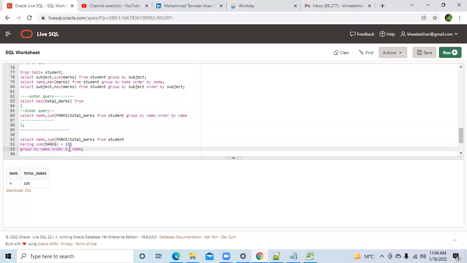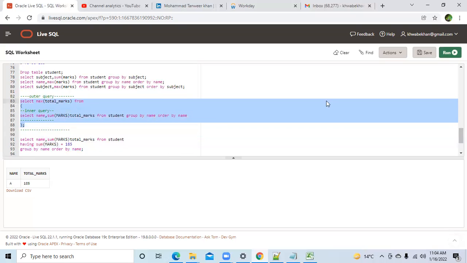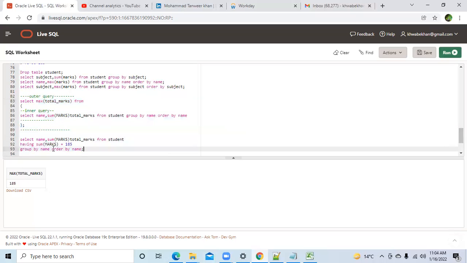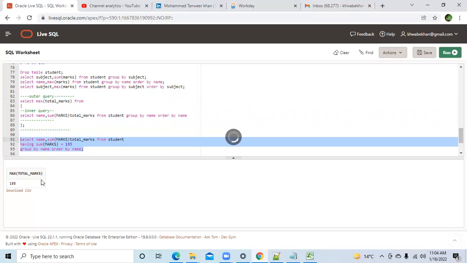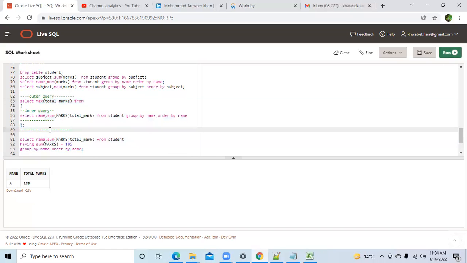But you can ask me a question: Tanvir, you have hard coded it here. This is not a good way. You wrote one query, from this query you got the maximum marks, which is 185, then you took it from here and hard coded it here, and then showed this is the output. We agree that this is the correct output, but this is not the correct way to write a query, because hard coding is a manual task, right? And in the IT industry, your expectation is that everything should be on a variable basis. Everything should be automated.